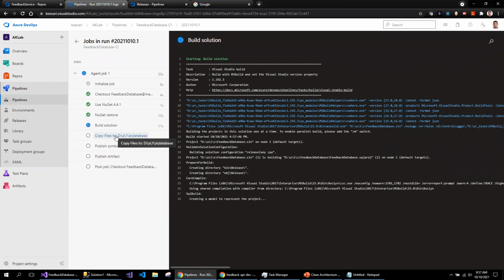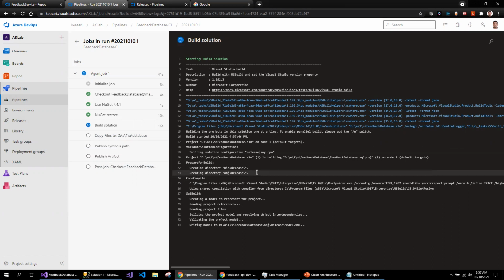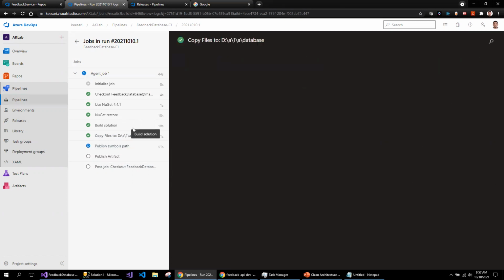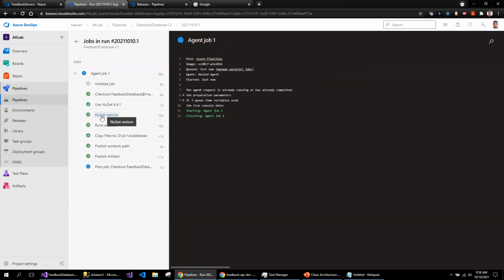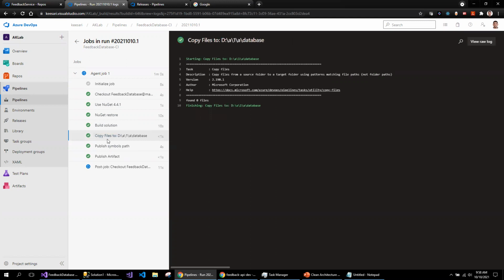So this is still building. I'm sure there is a better way of doing the DacPac deployment. This works for me, but I need to work on it. We may not require some of the tasks, like restore. But I think I still need the restore and the build, because the DacPac file is actually going to be part of the build only.